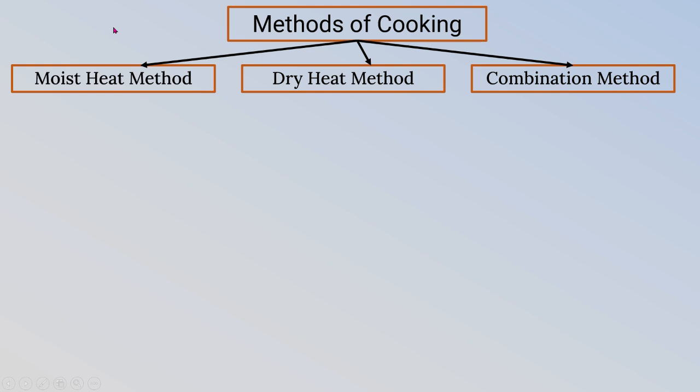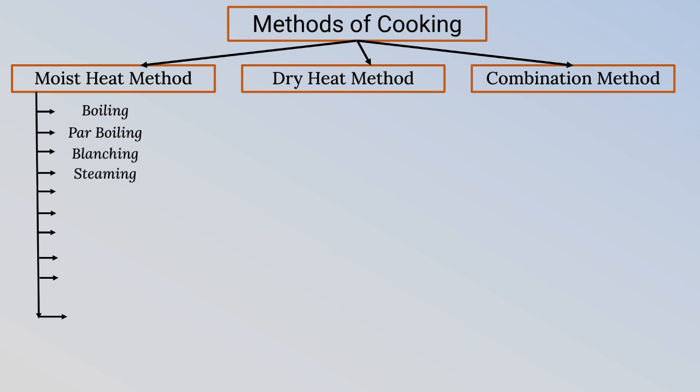Through these three different kinds of methods, we get different kinds of sub methods under them. Now under the moist heat method, what is that? Moist heat means there is a utilization of water or moisture through which the heat will be transferred. What are those methods? Let us list them down. Boiling, parboiling,